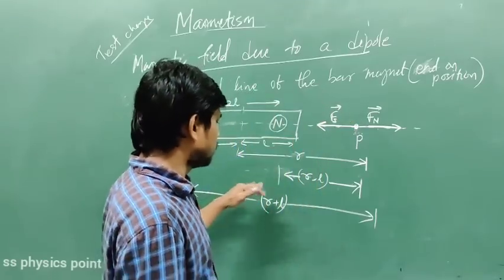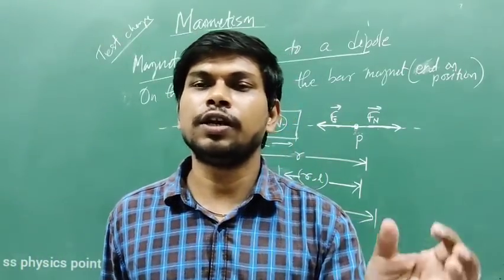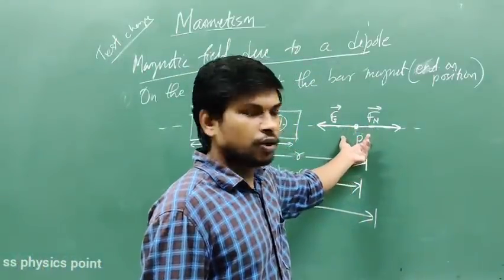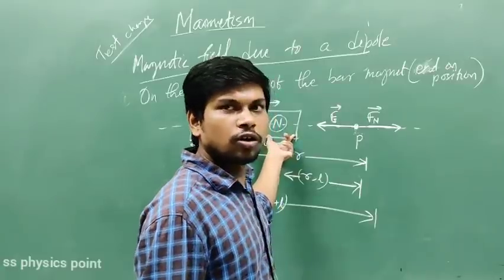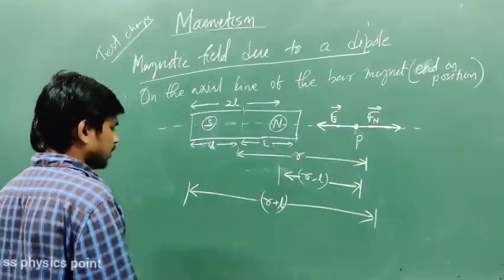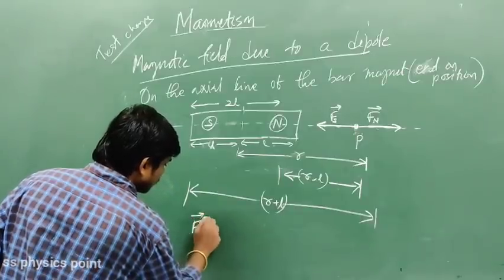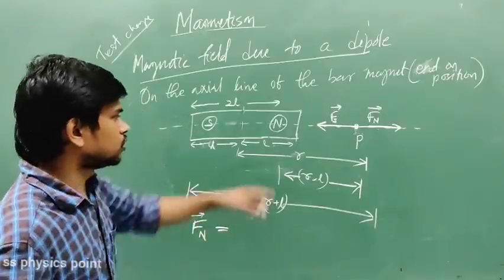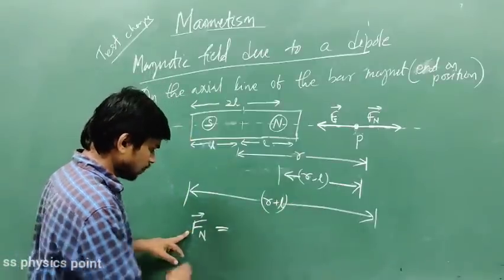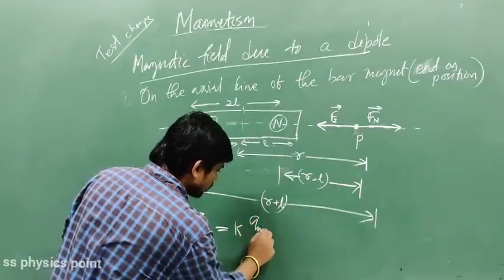So just write it properly. The force experienced or acting on a unit north pole at point P due to the north pole is given by Fn equals... the force due to the north pole at point P is given by how much? Fn equals K Q1 into,